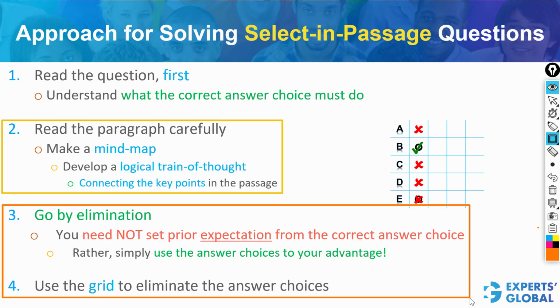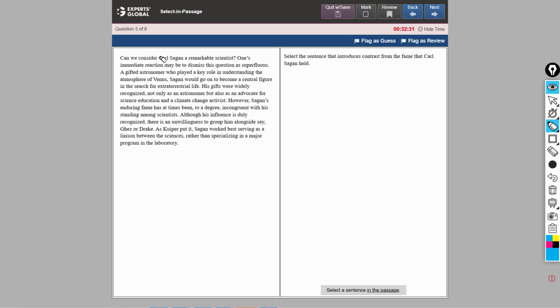And now we will go by elimination using the answer choices to our advantage. All the positive talks about the scientist are in this part of the passage. This is where his key accomplishments have been talked about. This is where his gifts, as in talents, have been talked about. The due recognition of his talents has been covered, and post this part of the passage is where something very